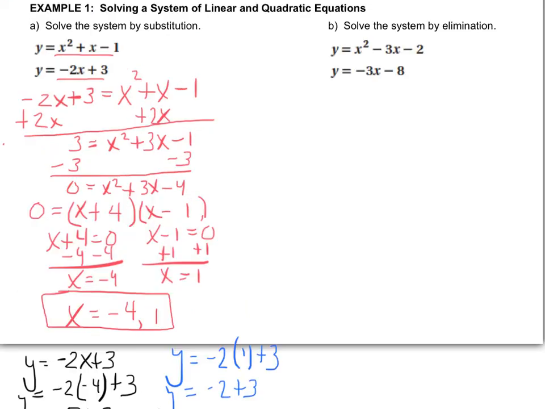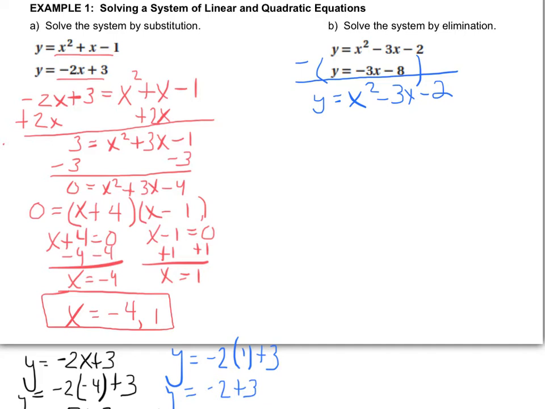So let's look at the second one. Again, the second one, we're going to try to do by elimination. When I think about elimination, remember we talked about how we want to eliminate one of the variables so that we could solve for the other one. So I think what we want to think about here is if I take this first equation and keep the y's the way they were, and think about multiplying the second equation by negative 1 out in the front, what we're going to create is the following. The first equation is going to stay the same,